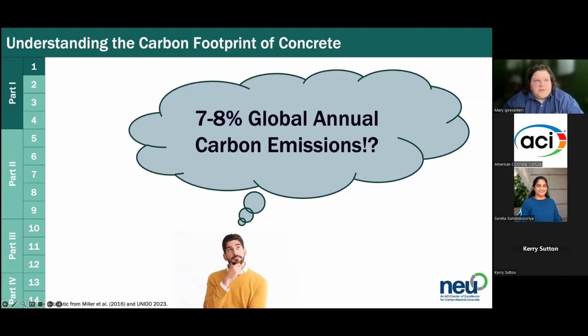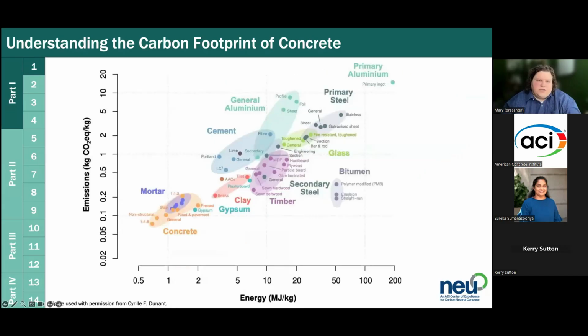And so the purpose of this first part of the book, or the guide, was to dig down and say, where is that carbon actually coming from? And that will help us later target where we should put our efforts. One thing that's confusing is that in the industry there's a lot of talk about the carbon footprint or the embodied carbon, which is the carbon that goes into producing cement or concrete. They say it's responsible for all of this global anthropogenic CO2.